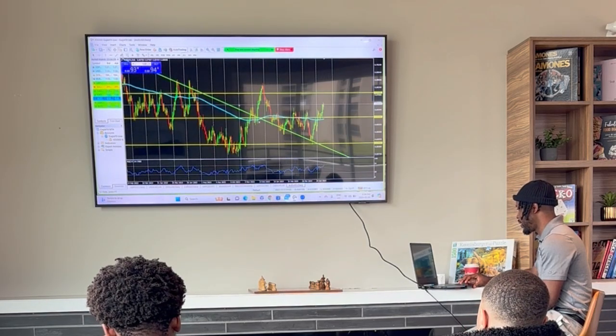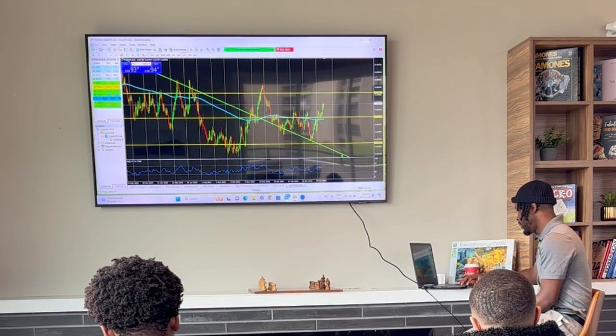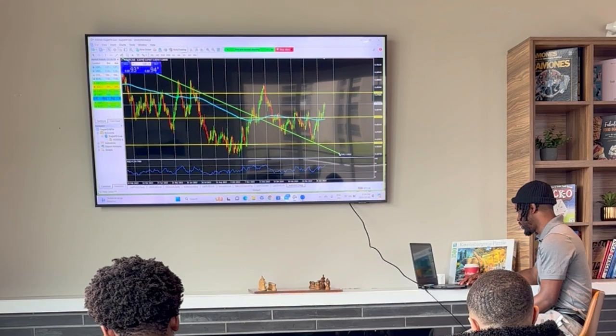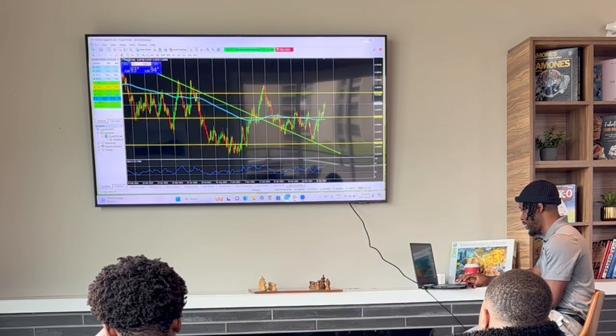And then guess what? It finally broke above it, came back to retest it, and now it is currently, let me make sure I got the trend right. There we go. And now it is currently trending up. So you guys should be looking for nothing but buys when it comes to AUD/USD, right? Because